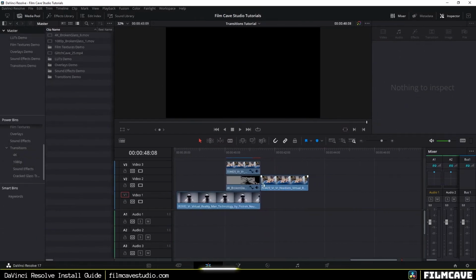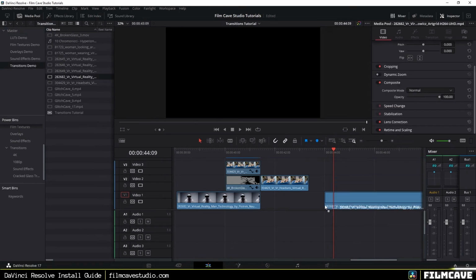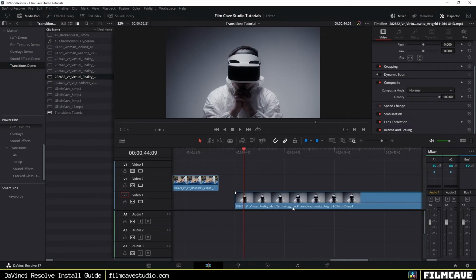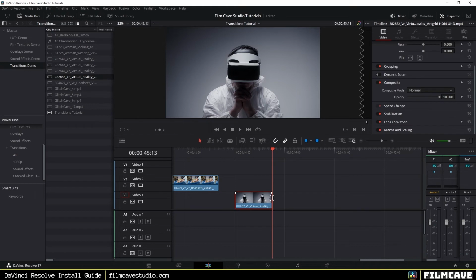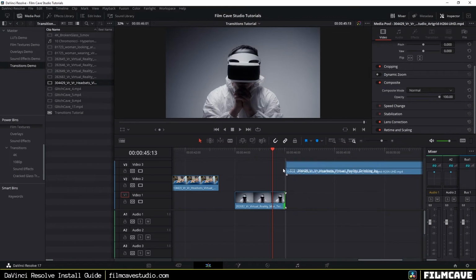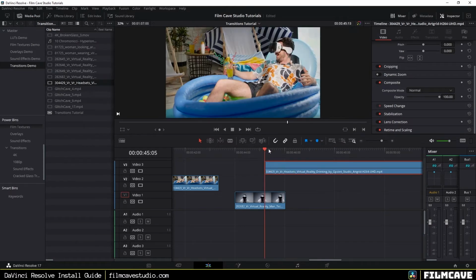So I'm going to rebuild this because the steps to pull off this effect are actually pretty specific, so I think it'll be helpful to see me do it from the top. Okay, so I'm going to go to my media pool, and I'm going to grab my first clip. Okay, that's the guy meditating. And going to cut this. Okay, so we've got that one on track 1. All right, let's just make it that long. And I'm going to grab the second clip. This is going to go up onto track 3. Okay, and again, I don't need this to be that long, so I'm going to cut